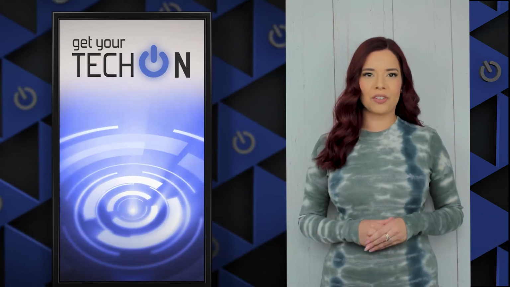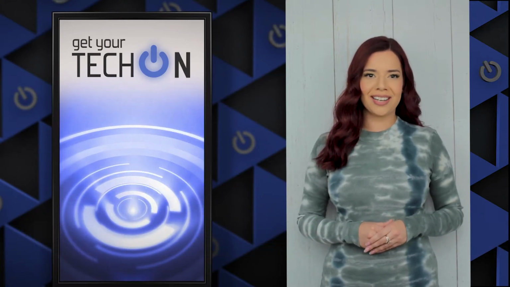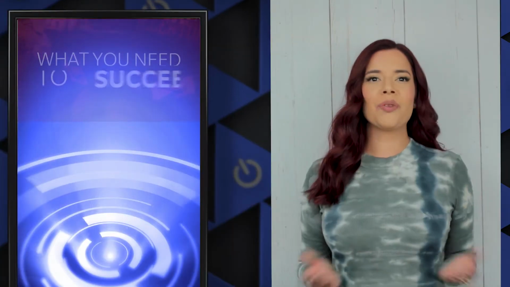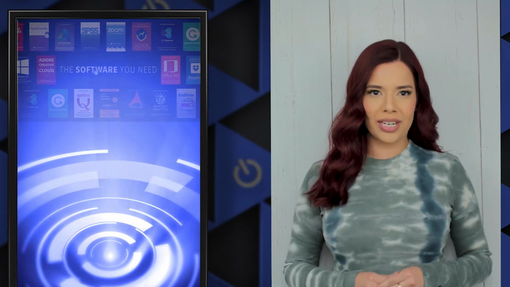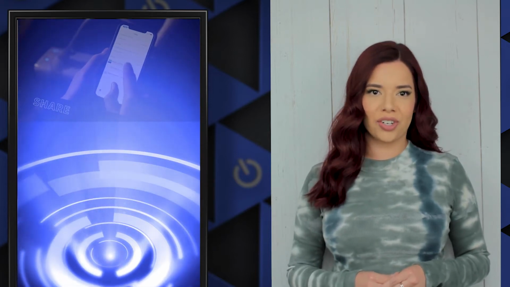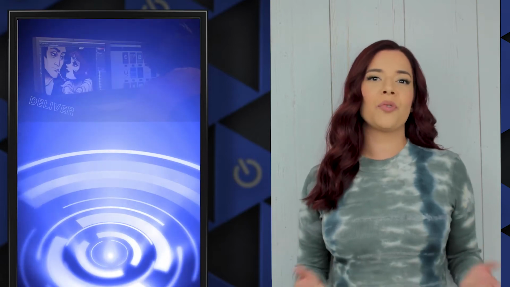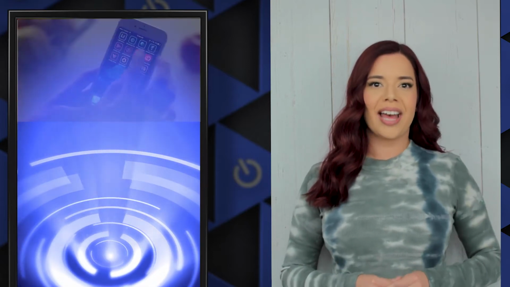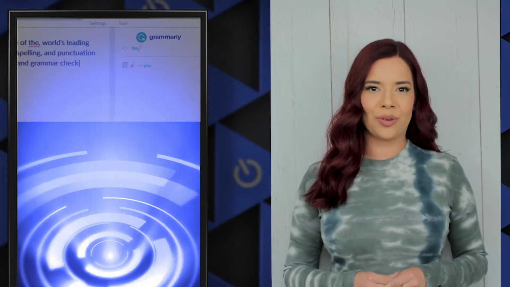Bringing you the current trends in media and technology. Today we're going to be talking about computer software that is free to you as a CSUF student. There are many useful programs that are available to help you as you navigate your educational career, and they're available for you to download straight to your computer as long as you are a student at CSUF.